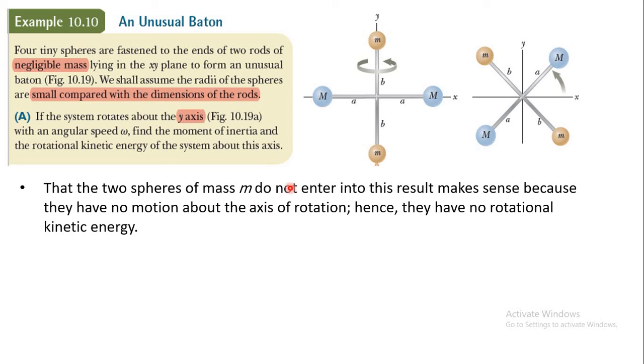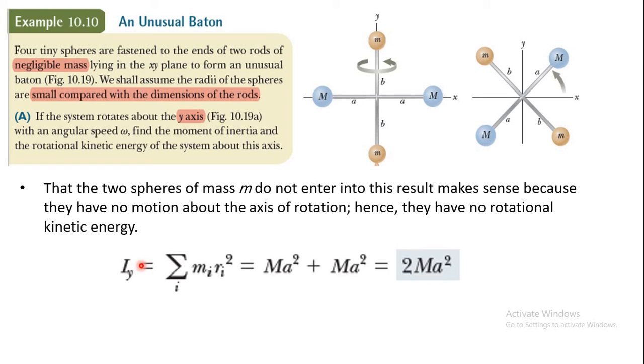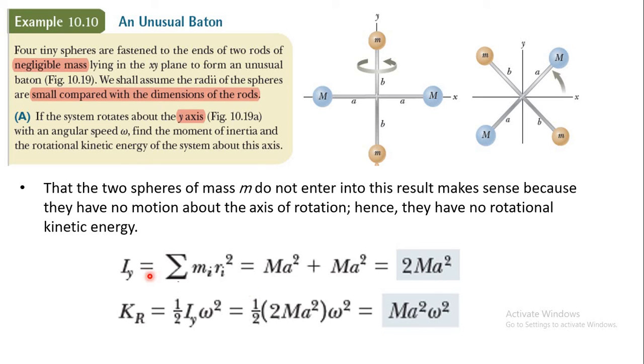Okay, so here we only calculate the masses on the x-axis, which leaves us with a moment of inertia about the y-axis equal to Ma squared plus Ma squared, which is the masses on the x-axis and their distance from the axis of rotation, which leaves us to finally have 2Ma squared. And the rotational kinetic energy about the y-axis is equal to half the moment of inertia about that axis times omega squared. Same idea if it asks you about the rotational kinetic energy about the x-axis,